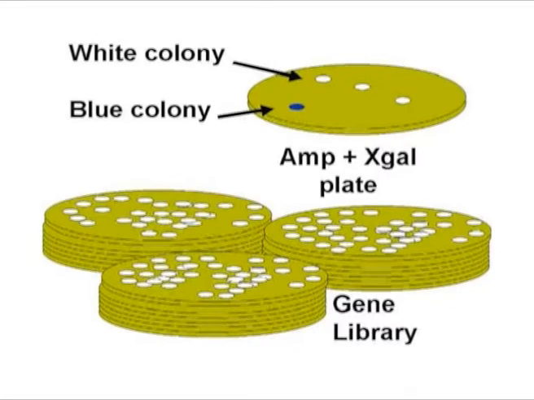Applications. Many applications and variations of bacterial transformation exist. With respect to screening for transformed bacteria, plasmids often contain a gene encoding the enzyme beta-galactosidase to aid with screening. When the substrate for this enzyme is included in agar plates, bacteria that have been transformed with plasmids containing an insert yield white colonies, while those that do not contain an insert yield blue colonies. This method is referred to as blue and white screening.